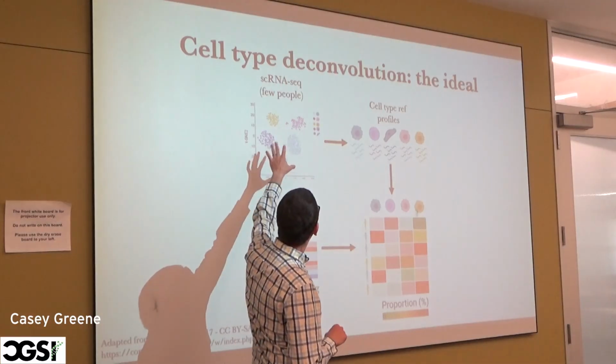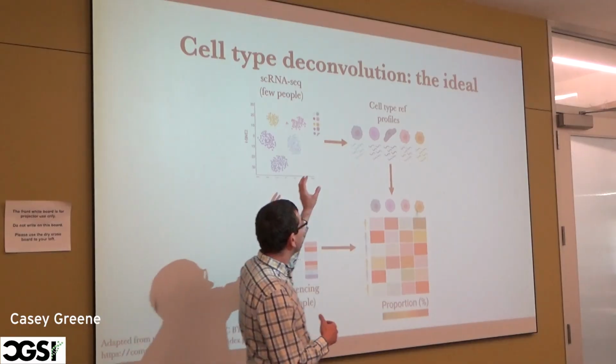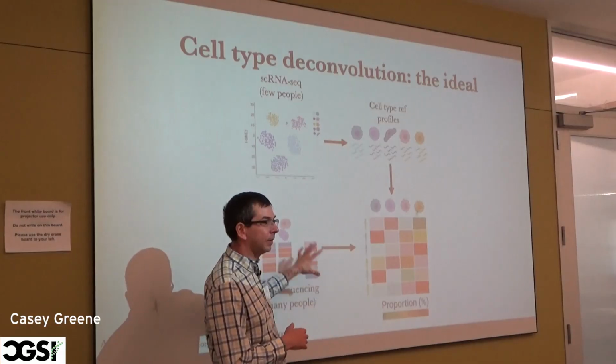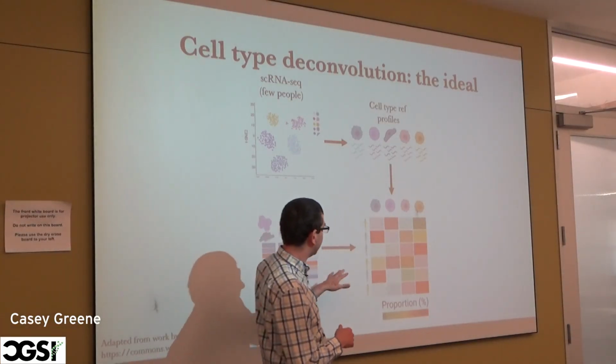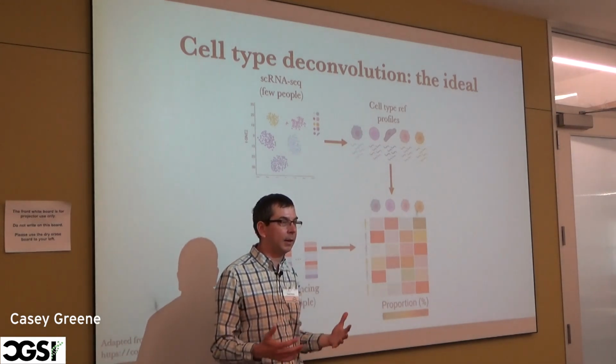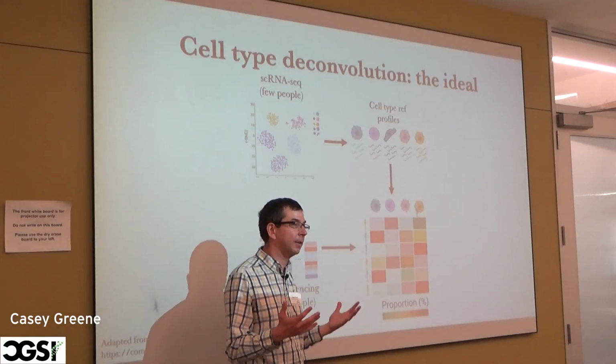So this is the ideal world. Essentially, you start with single cell RNA-seq. You probably get that on a few people because it turns out it's really expensive. You could theoretically get cell type reference profiles out of that. And then if you have bulk sequencing, probably of many people, what you'd like to have at the end of the day is for each person an estimate of the cell types present in their sample that you took from them. We work a lot on cancer, so this is going to be in the context of high-grade serous ovarian